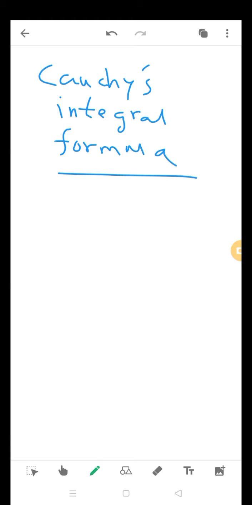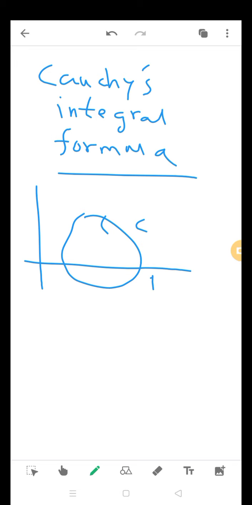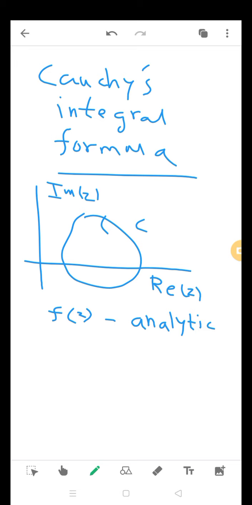According to Cauchy's integral formula, if there is a closed region C in the complex plane, this is the real Z, this is the imaginary Z, and the function f(z) is analytic inside and on C, then we can say that